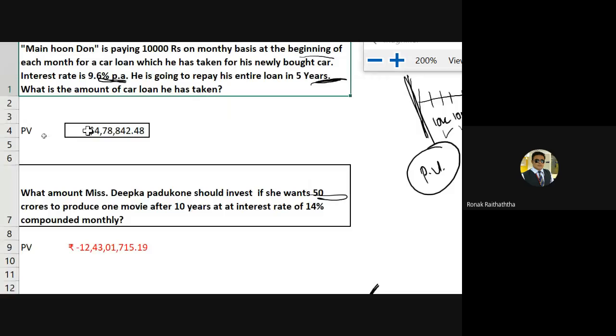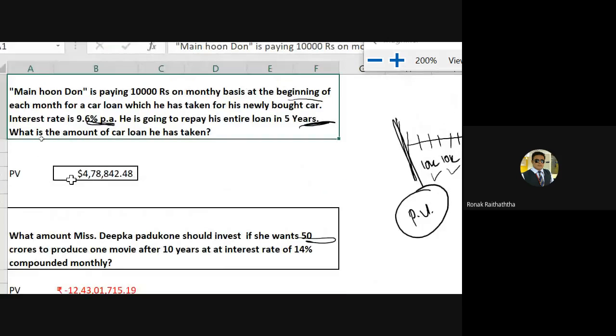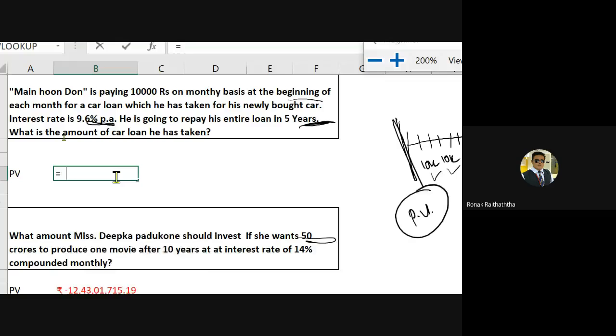The amount of loan can be found by using the present value, equal to, over here in this cell, I would start. Some people would be so smart, they would have already seen this formula, but my humble request is to delete this. Some kids will look, note it down properly and then delete, I know, everyone is smart. Equal to PV, opening the bracket, and can someone tell me what will be